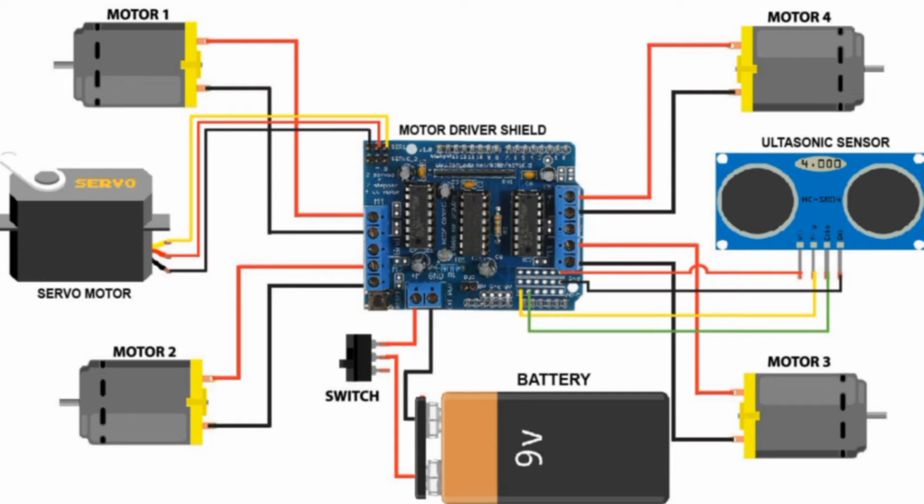So we can connect in this Adafruit motor driver shield a maximum of 4 motors. So 4 motors are connected here, and the respective power supplies are given. And for the ultrasonic sensor, all 4 pins are connected. One is grounded and one is 5 volt, and another is the echo pin, and another is the trig pin. Similarly, here we can connect servo motors. So 3 pins are connected to the servo motors, because we can connect a maximum of 2 servo motors.